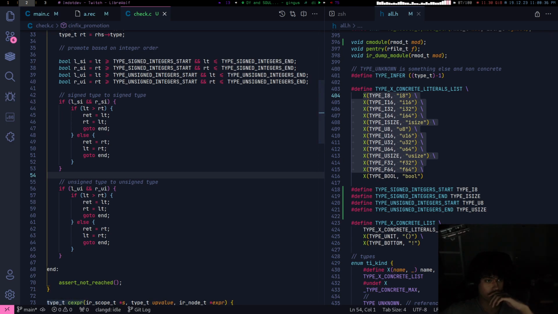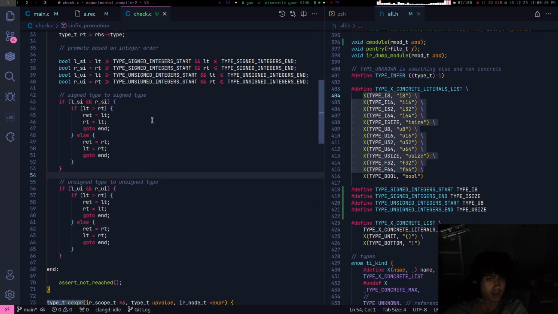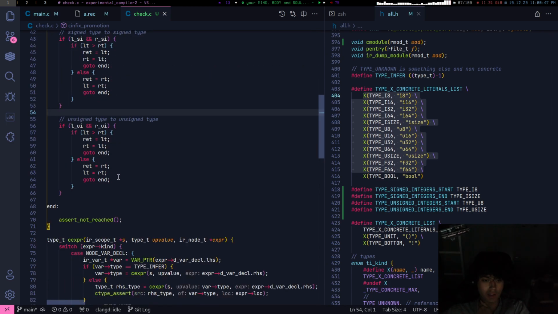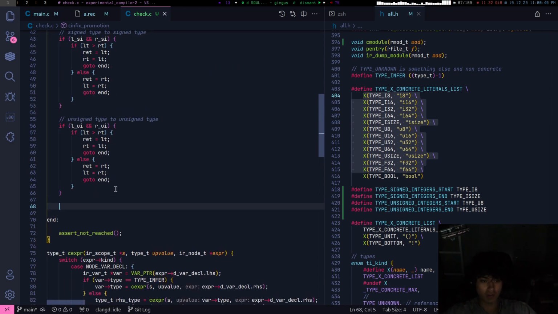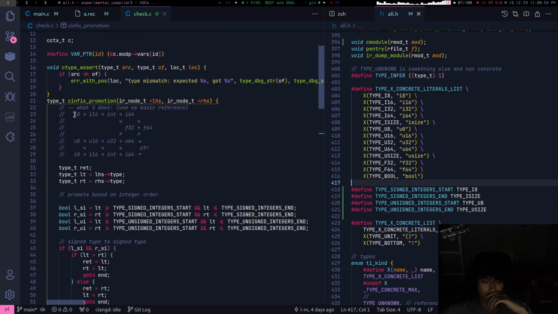Writing the compiler in C? Yes, I am. I'm writing a compiler in C as quickly as possible, and then I get the bootstrap compiler done, which is this one. And I write the compiler in its own language, and I can get out of C. Make things easier. Okay, so this promotes up the chain, and this promotes up the chain.